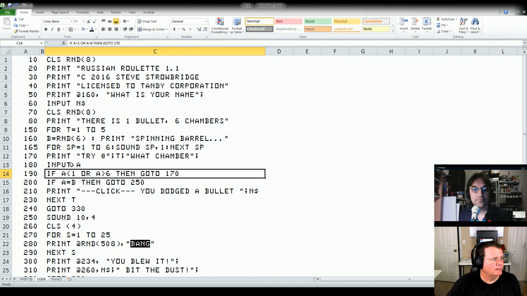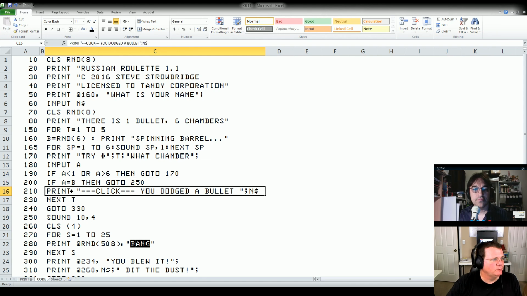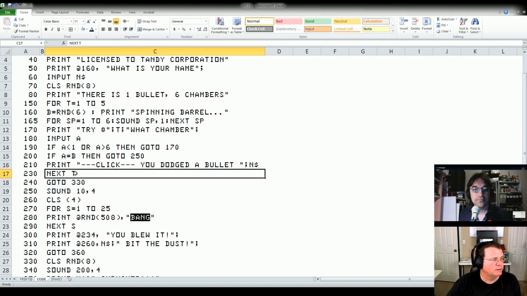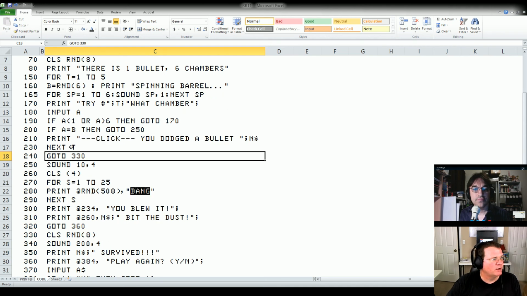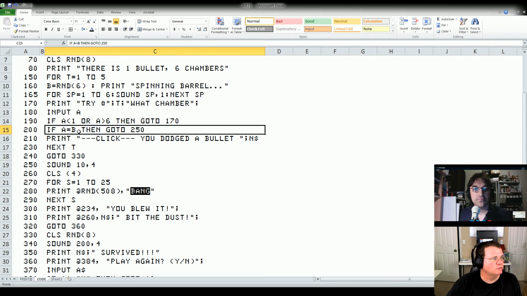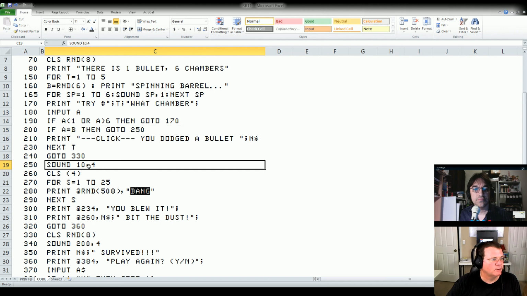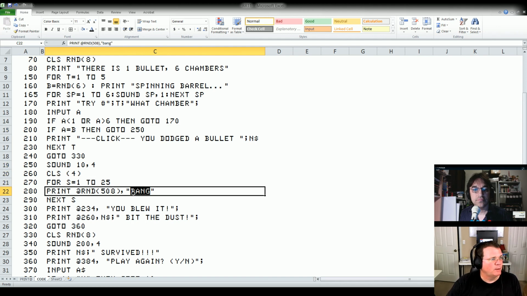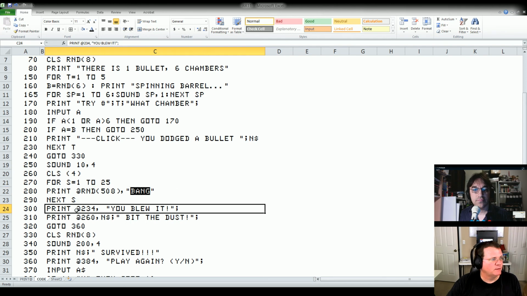And then if not, we continue the cycle by saying you dodged a bullet, next try, all the way through 5. If you've gone through all 5 tries, we then jump down to 330, meaning you are the winner. That's the happy ending. If you don't, then at this point here, it says if your answer equals a bullet, then jump down to 250, which is right here, which makes a low frequency sound, clears the screen in red, puts the word bang on the screen 25 times, and then prints you blew it, your name bit the dust,